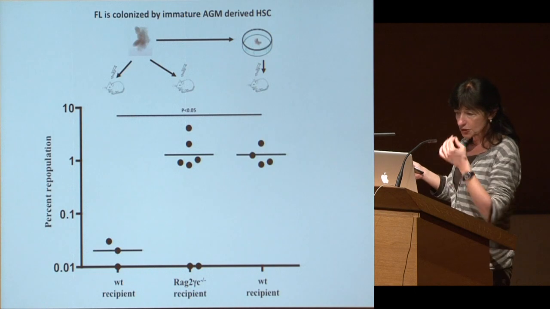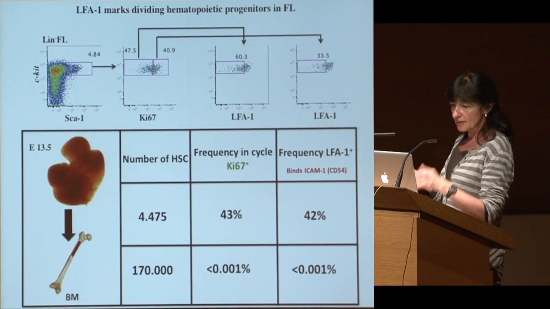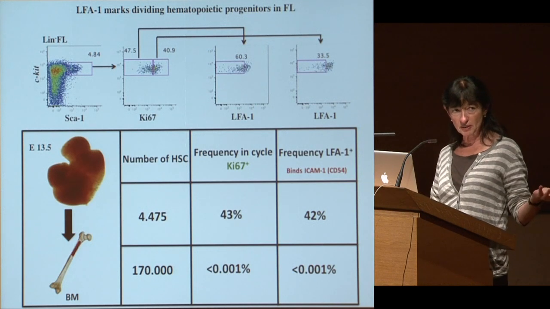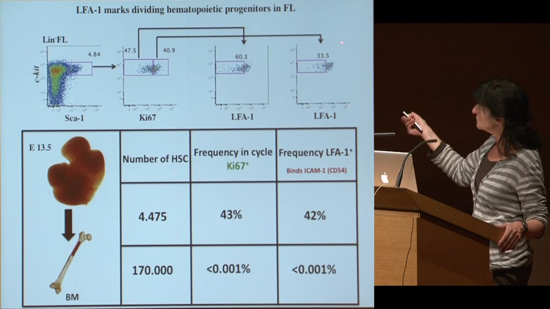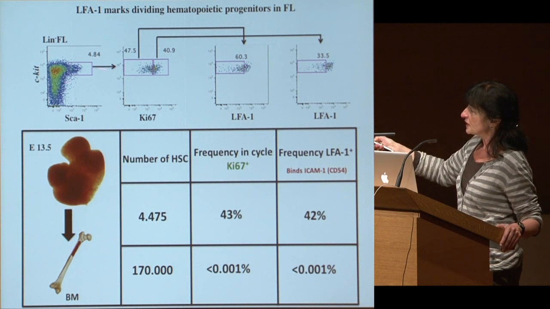So this led us to think that the fetal liver was a particular environment where hematopoietic stem cells expand, and it's the first site where they go. So then we decided to look into the hematopoietic stem cell compartment in the fetal liver